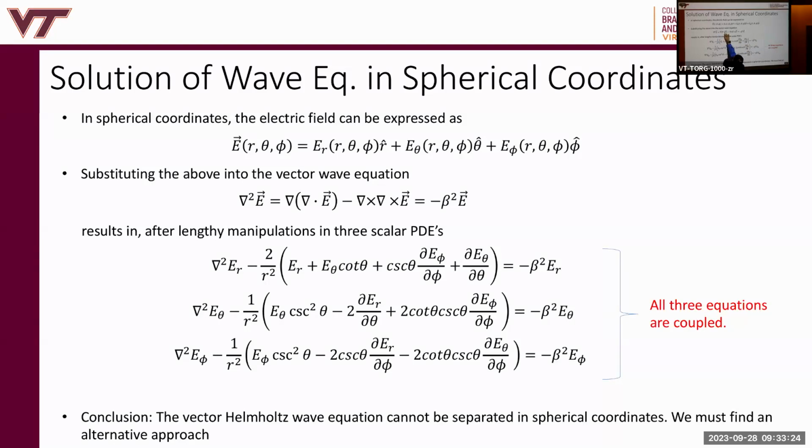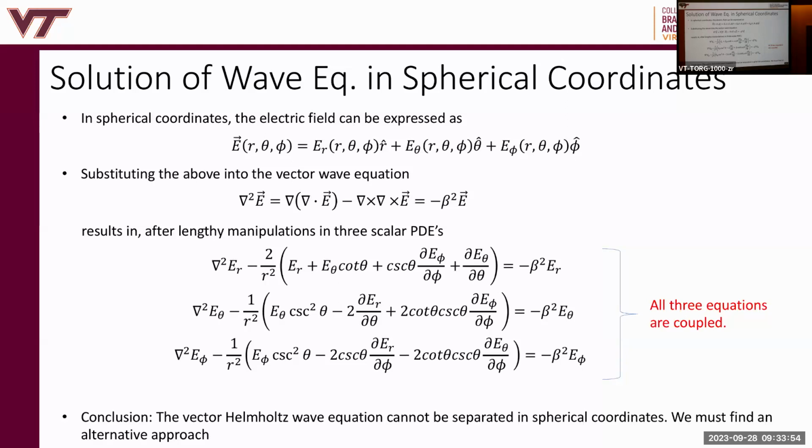It has 3 components, E_r, E_theta, and E_phi, in the r hat, theta hat, and phi hat directions. And each of these scalar components are functions of these 3 variables, right? 2 angles and a length. If you evaluate this scalar function, you pick up the r component. Evaluate this scalar function, which may be different than this one, and you get the theta component. Evaluate this function, you get the phi component. You piece these 3 unit vectors scaled by those function values, and you construct the vector E, right?